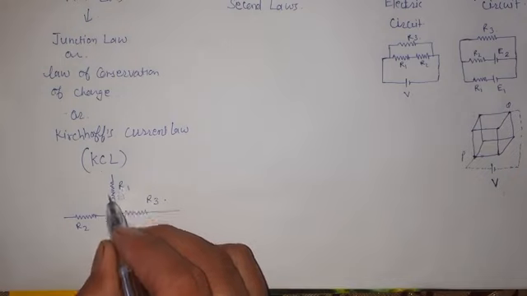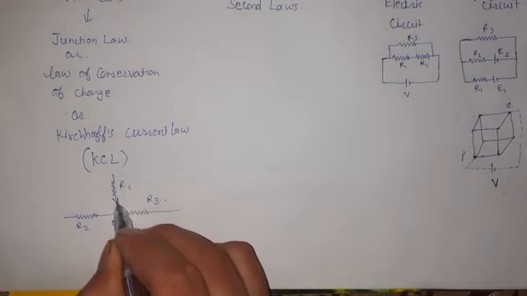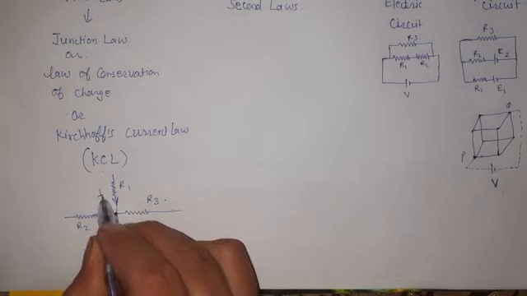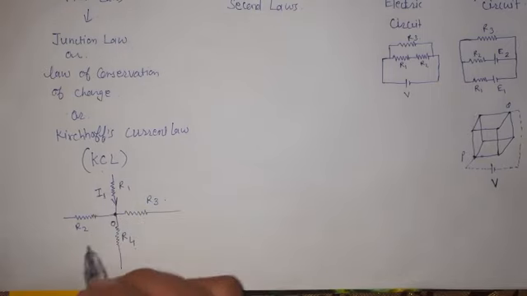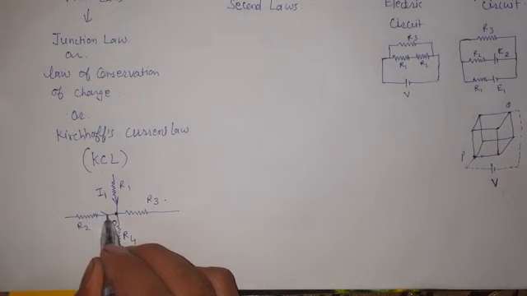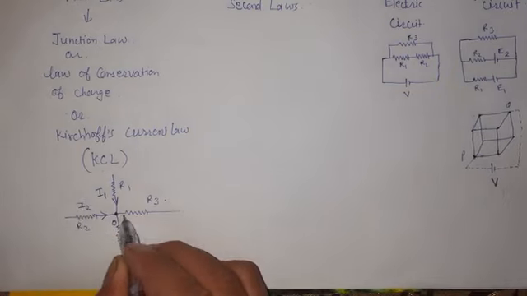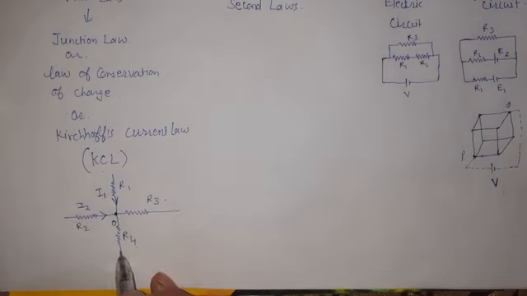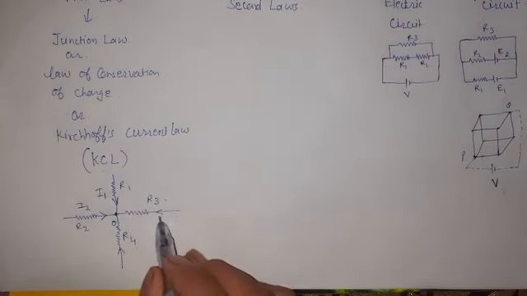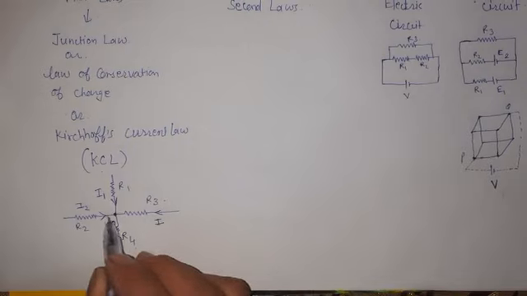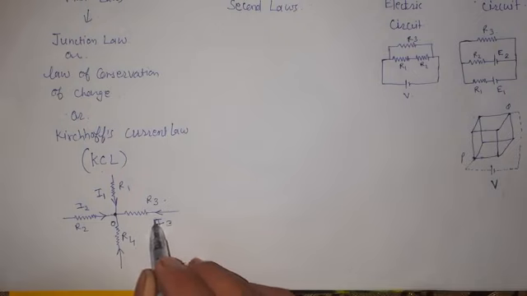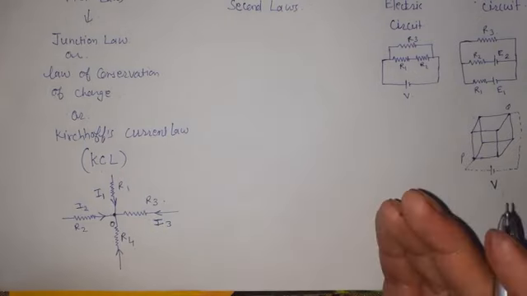ठीक है, नाउ ओवर हियर वी आर सपोजिंग दैट कि जैसे मान लो ये जो मेरे पास फर्स्ट वायर थी, इसमें से एक करंट इस तरह से पास होकर के आता है, लेट इट बी I1 करंट। ठीक है, दूसरी वायर से ये I2 करंट उस जंक्शन की तरफ आता है। ठीक है, और तीसरी वायर से जो करंट है वो जंक्शन की तरफ आता है, लेट इट बी I3।